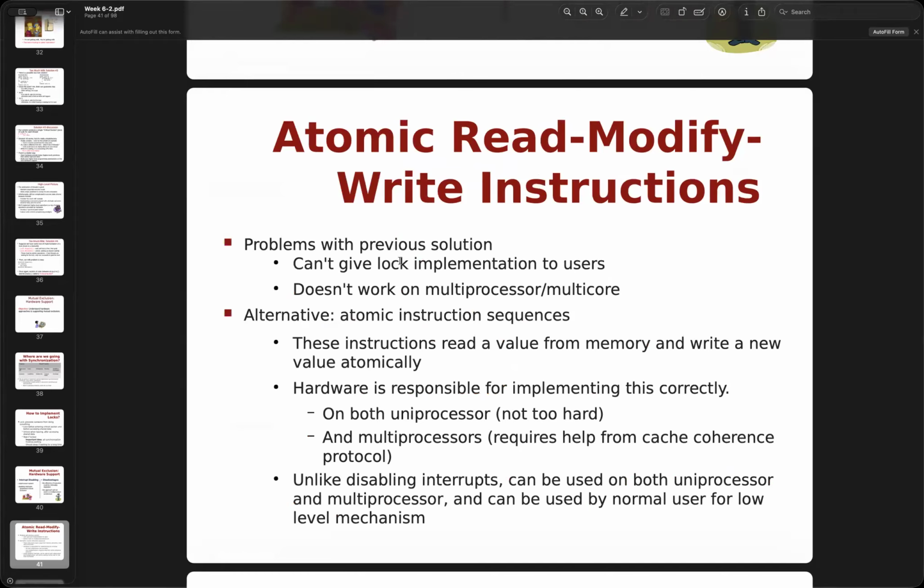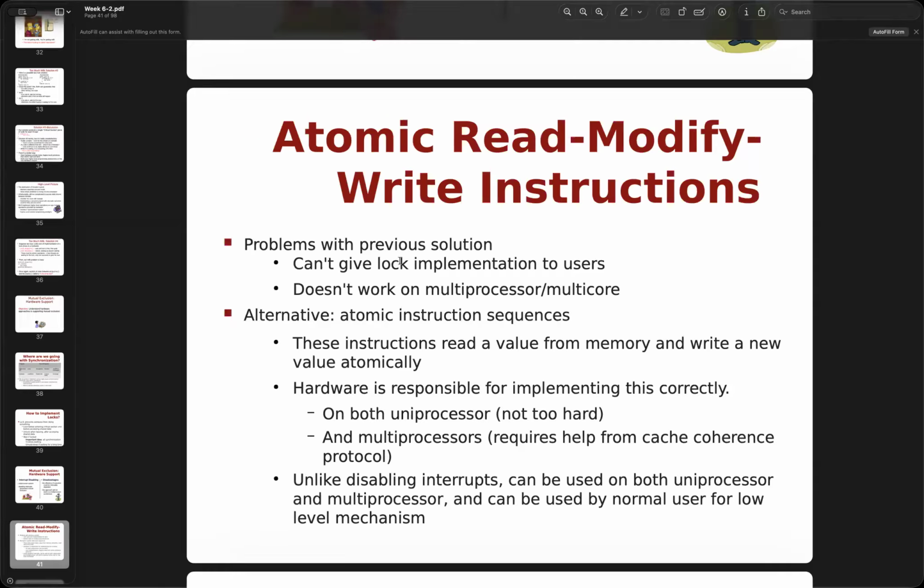Also, there is one called the atomic read-modify-write instruction. What's this? These are more like getting a problem. We talk about the mutex. We can't give a lock implementation to the user, because then they may make acceleration. You should know why we couldn't give the lock to the user: if the user can change the lock, and change the sequence, it may affect it. It's similar to a while: if I can change my while condition from do nothing to do something, it will destroy the design. So that's why.